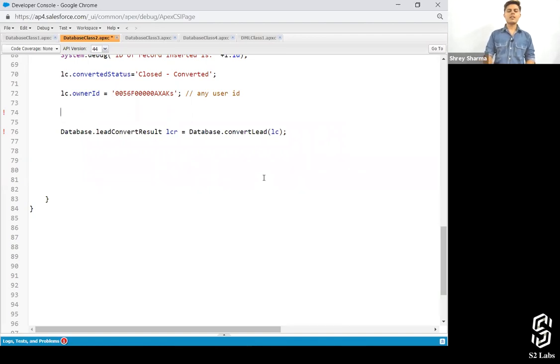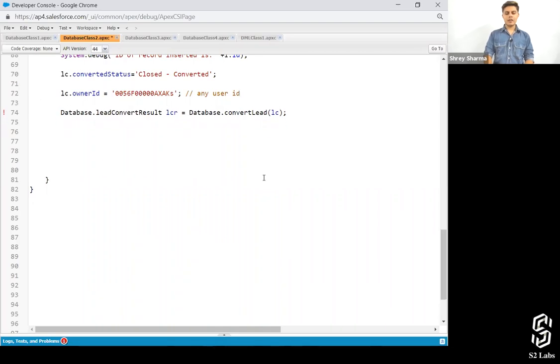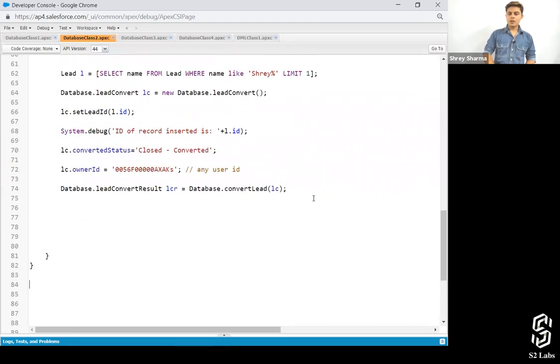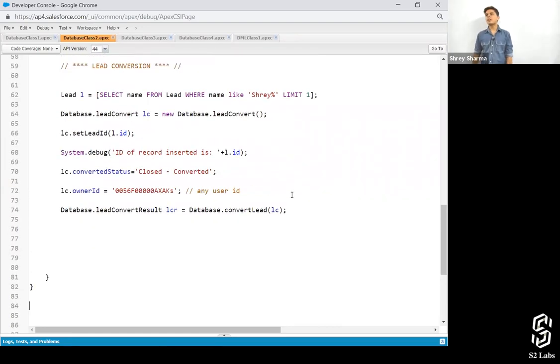Just have a look at the different fields available with the LeadConvert object, and you'll figure out whatever you want to do. By default, it will be there. In that case, the company field will not be there at all, and if the company field is not there, then only the person account will get created.